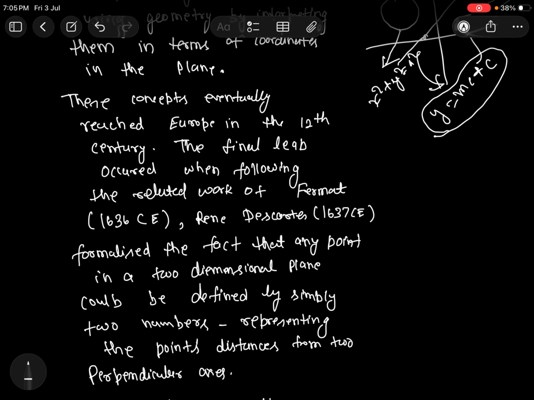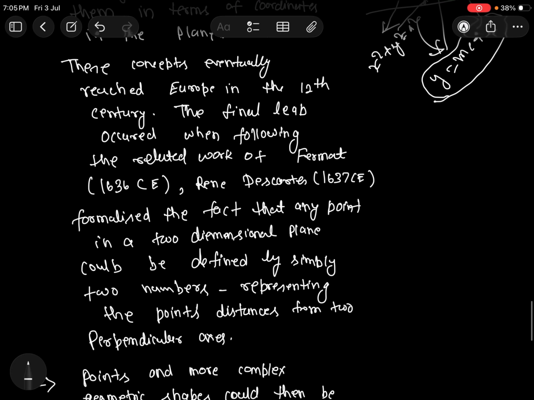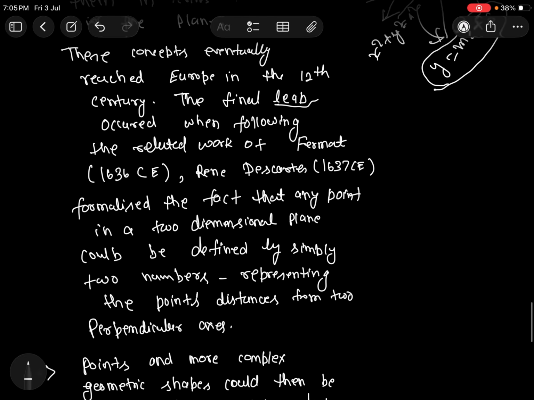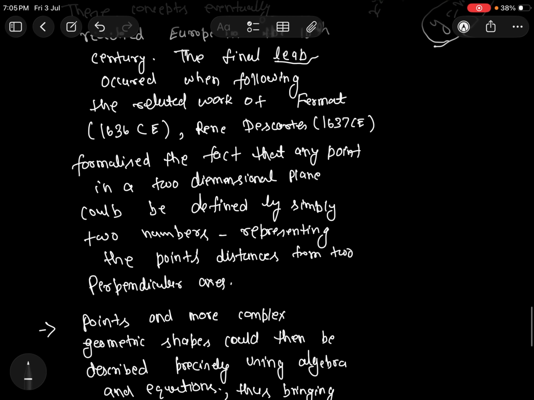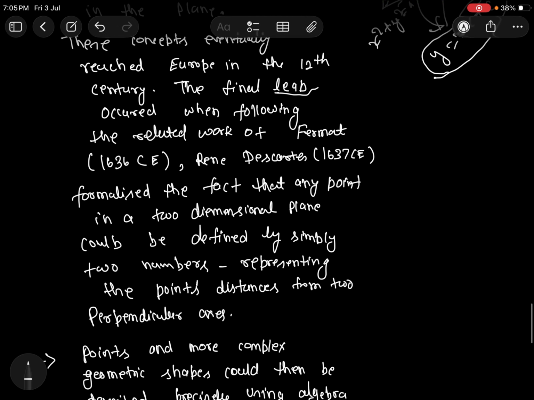So these concepts eventually reached Europe in the 12th century. The giant leap occurred following the related work of Fermat and Descartes. The 2D Cartesian system is known as a Cartesian system because of the name of this mathematician, René Descartes. This word Cartesian comes from his name, Descartes. So he used Fermat's work, and